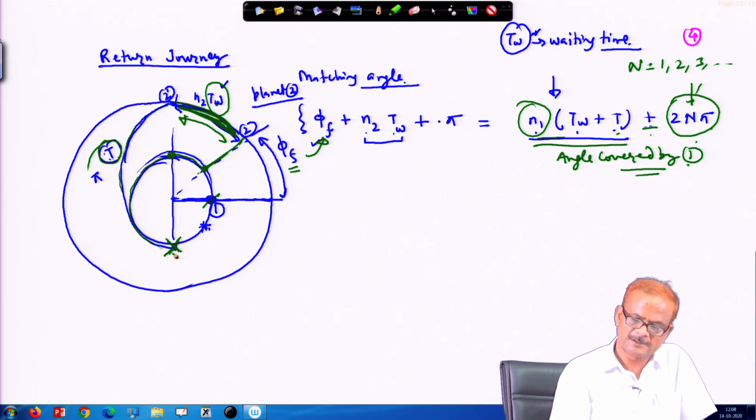So, this is the total angle covered, and this we have to add to phi f. So, phi f plus n2 T w plus pi should be equal to this much, and thereafter we rearrange. So, n1 T w,